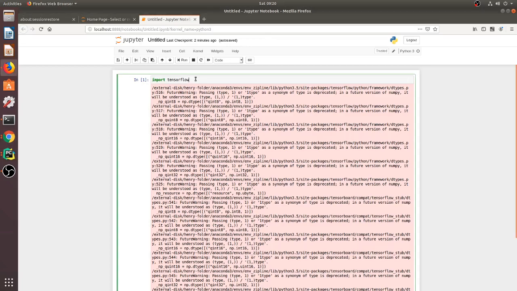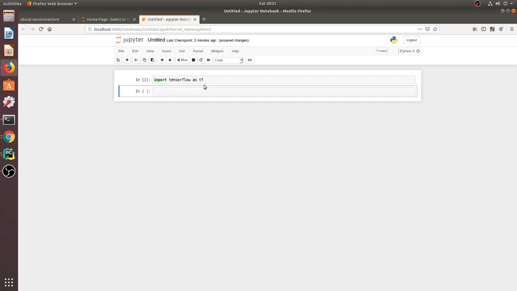First of all, we always import TensorFlow as tf. This is a traditional way, like we always use pd to refer to pandas and np to refer to NumPy. So for TensorFlow, the traditional way is tf. You can go to the other one for sure. In here, we will just introduce